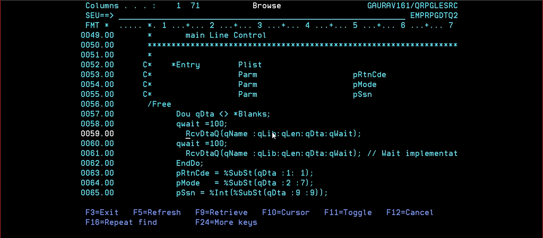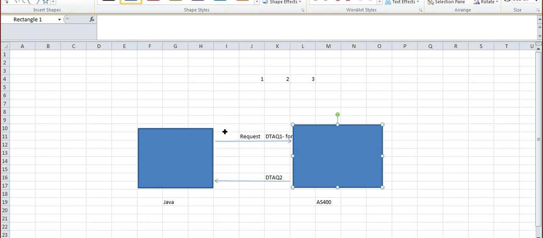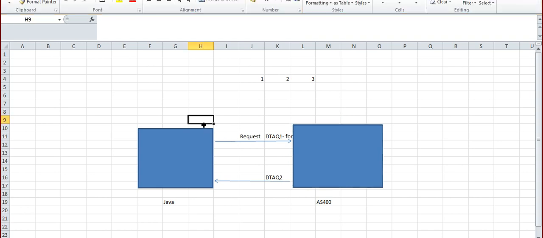So this is the thing. In a data queue, send data queue. Here you have to have a receive data queue, and if you want to return that result, here again you have to send DTAQ and here it has to be receive data queue.